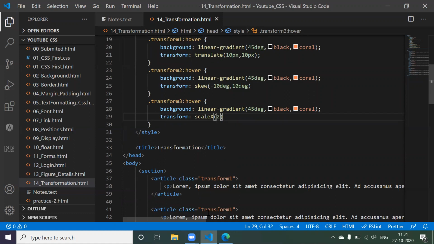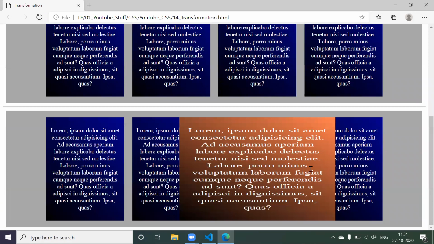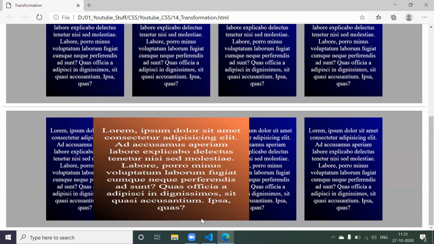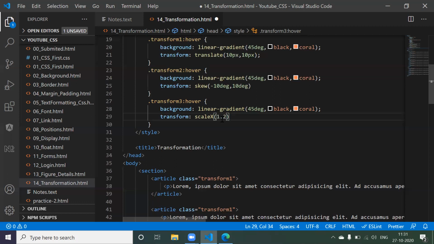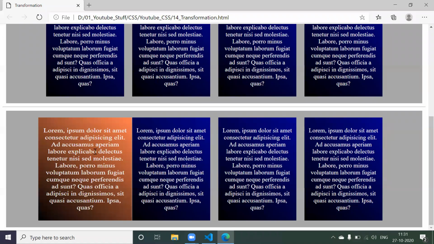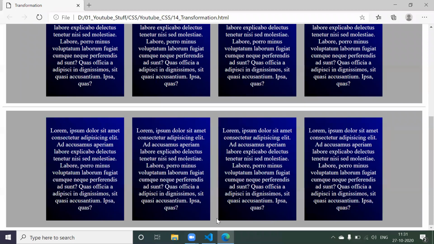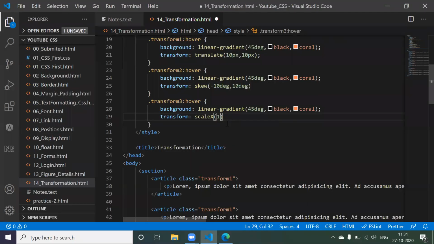Now if you come here and just refresh it, now you got one more, right? Now this is zooming, right? It is zooming much more, right? So you have to give the value more than 1. So let me give something like 1.2 and come here, and if I refresh it, now this is the concept of your, it is increasing, right? Now suppose if I say it has 0.5,